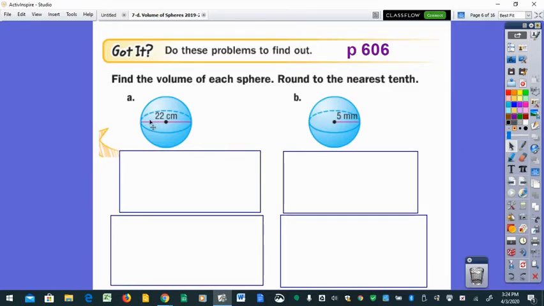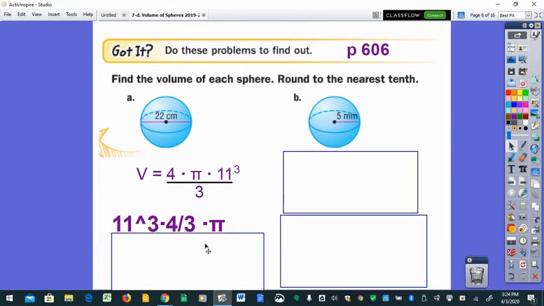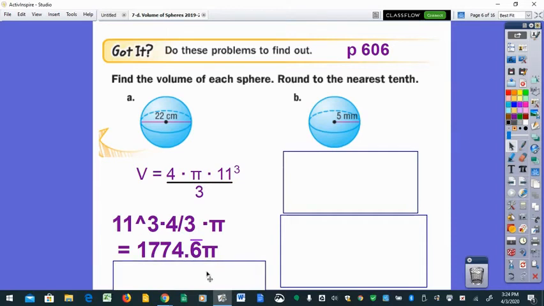Okay, part A has a diameter of 22. So when I go to set up my formula, I didn't put the 22 in for the radius. I cut it in half to put in the radius of 11. In the calculator, I'm going to take 11 to the 3rd power, times 4, divide it by 3, and I'm going to hit enter. And when I do, I'm going to see